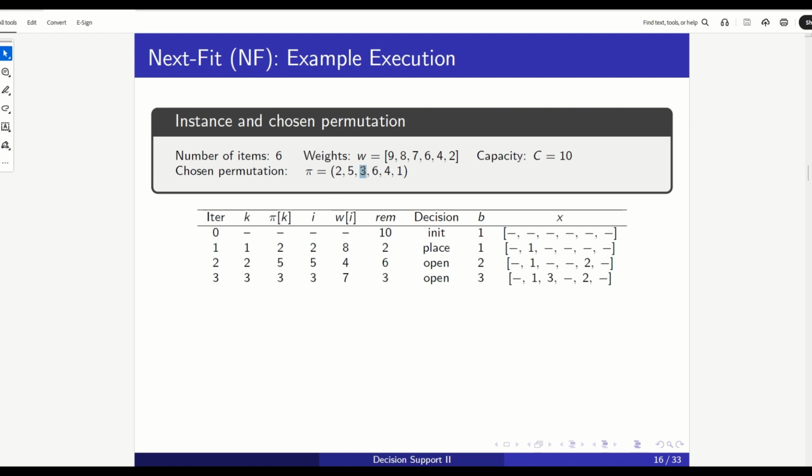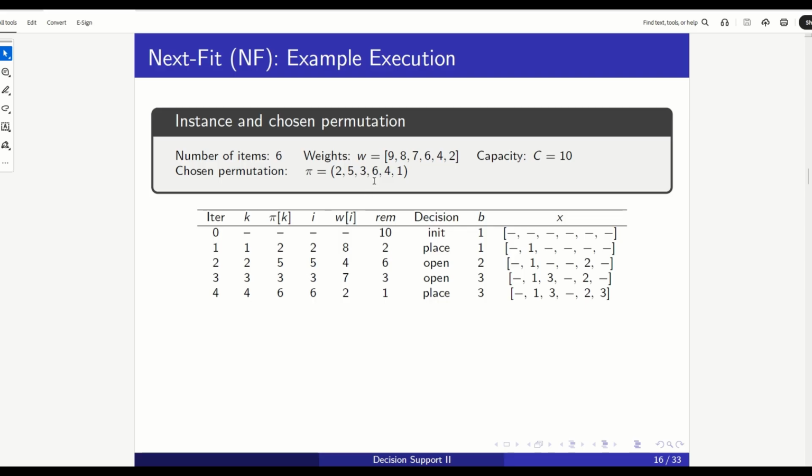We are analyzing the third item in the permutation, which is item 3, whose weight is 7. Does it fit in the current open bin, which is 2? No, it doesn't fit. So we open a new bin, which is 3. We place the item in that bin. So item 3 goes in bin 3, and we update the residual capacity, which becomes 10 minus 7, which is 3. We go on to the next item,